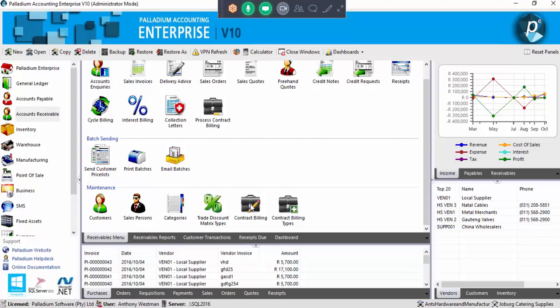Step 2, contract billing. I should actually probably reiterate it. Before, on earlier versions, we have this cycle billing, which is very basic and simplistic in nature. Whereas this contract billing is a complete overhaul of this feature and a lot more in depth. I think they might even go as far as to remove this one completely. So if we go into contract billing, so now on here,